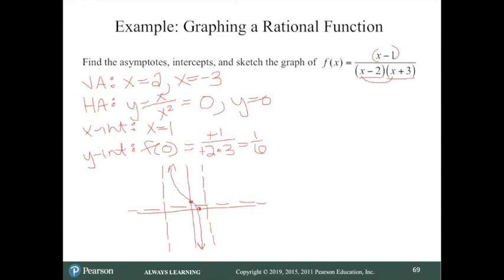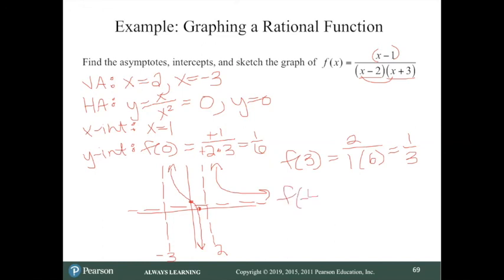So I'm going to try a number that is bigger than 2 and a number that is less than -3. So let's try f of 3. 3 minus 1 is 2. 3 minus 2 is 1. 3 plus 3 is 6. So that is 1/3, which is positive. It's above my horizontal asymptote. And then we'll try f of